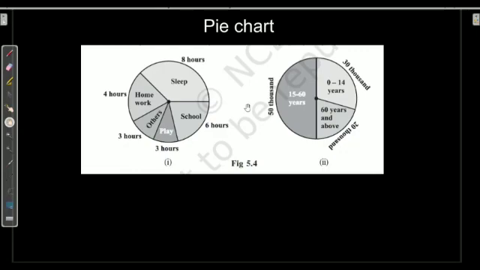We have also seen pie charts in various ways. Suppose you are watching a cricket match, there also they show a pie chart and give the whole life history of the cricket player. Even in a result there is a pie chart. So now another question: how do we construct a pie chart?